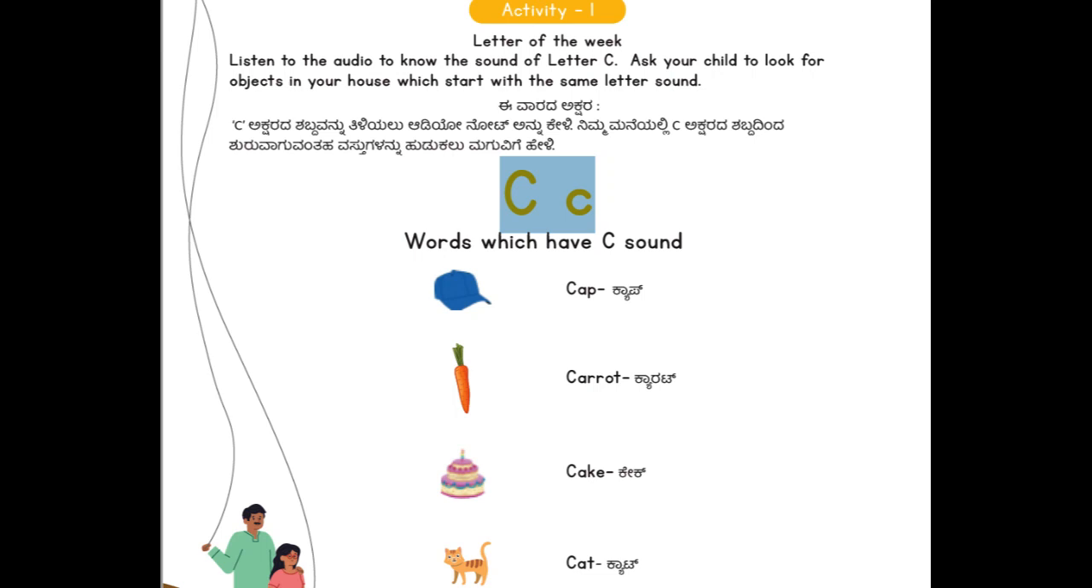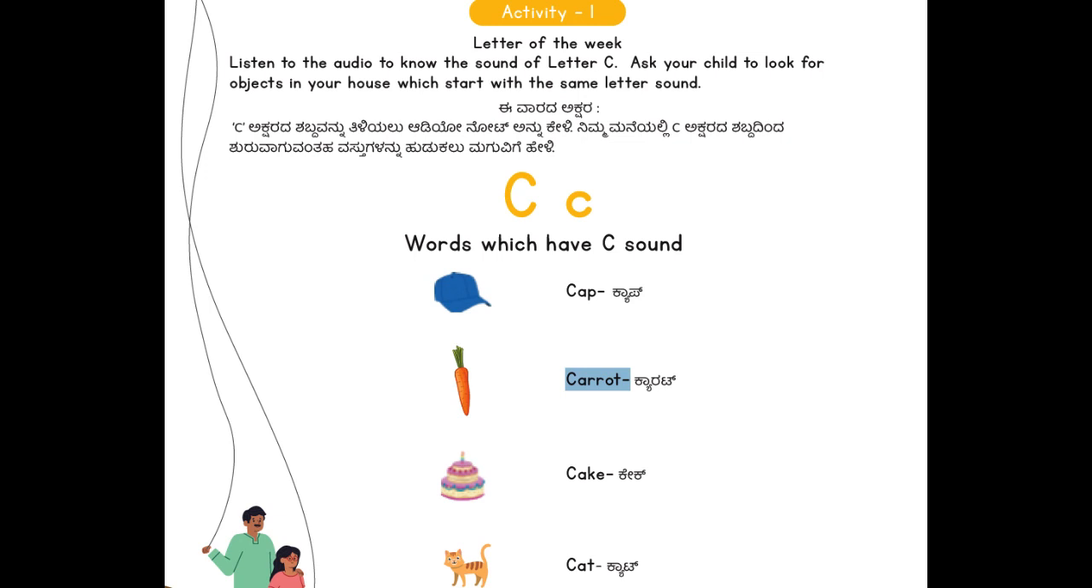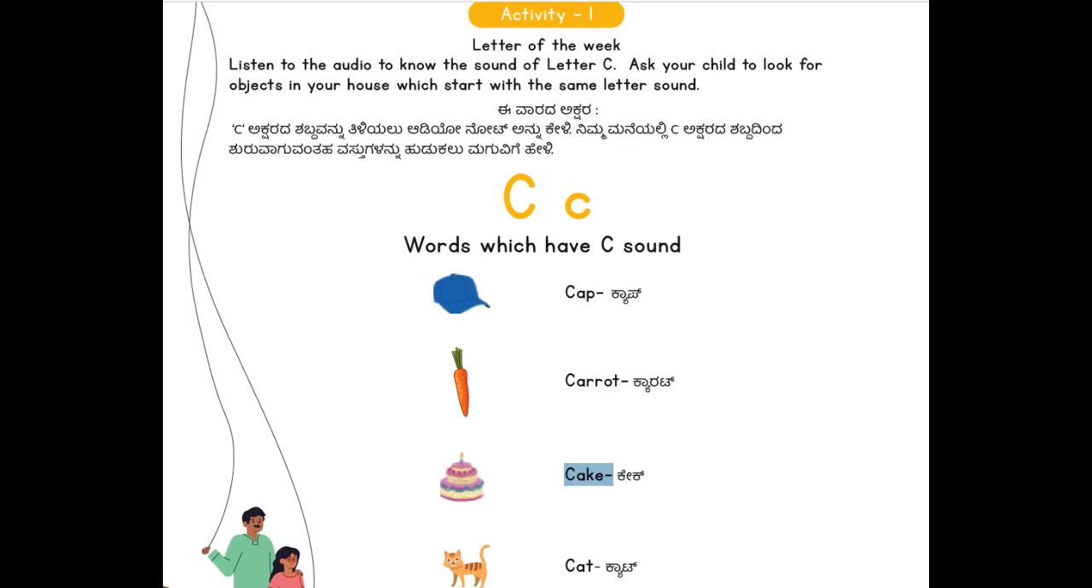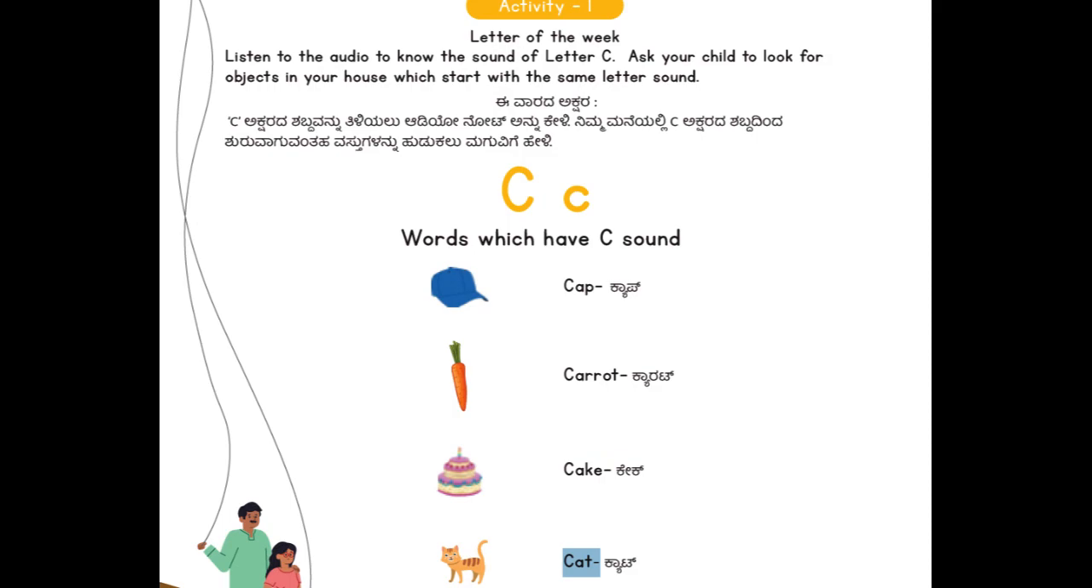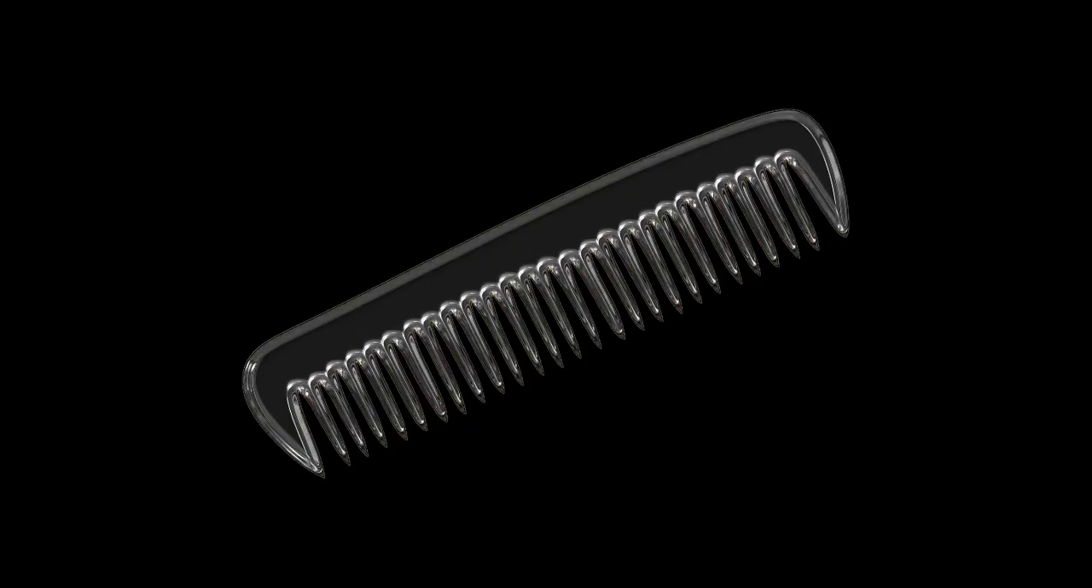Let's start. In the first activity, let's learn the letter of the week. The letter C makes the sound K. Words which begin with the K sound are cap, carrot, cake, cat. Did you know that you can also ask your child to show you some objects in your house beginning with